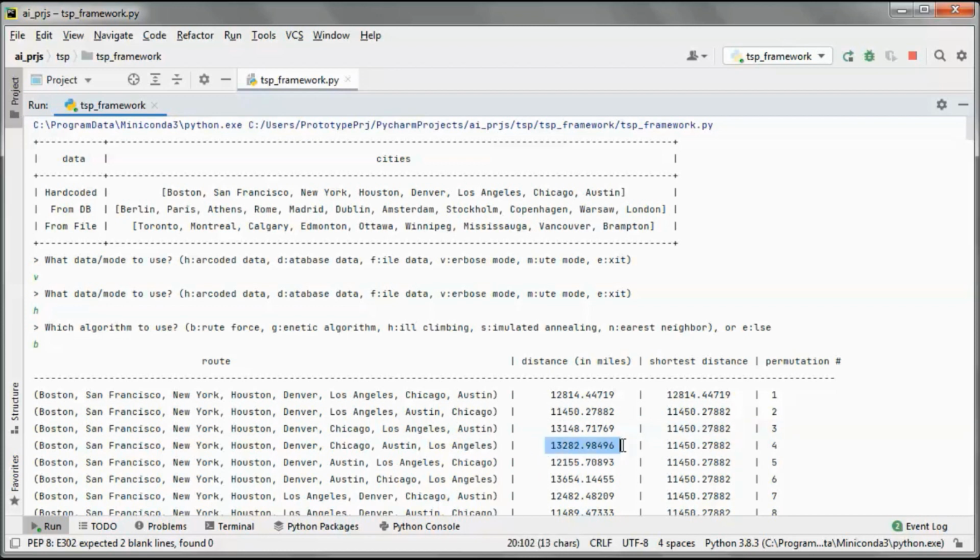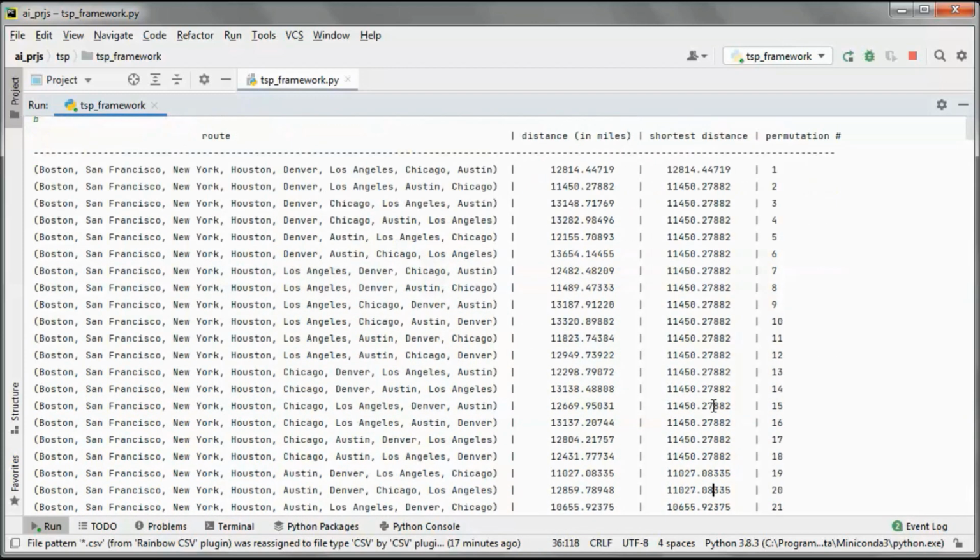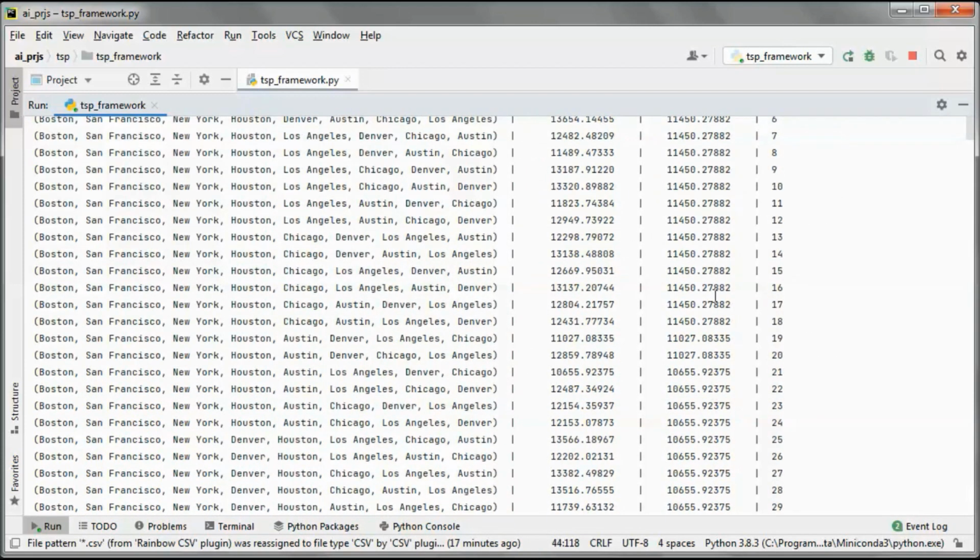And then we came here, same thing, we kept this one, and here also we kept this one. And then here we found this distance, and it is shorter than this one, so now this became the shortest distance.